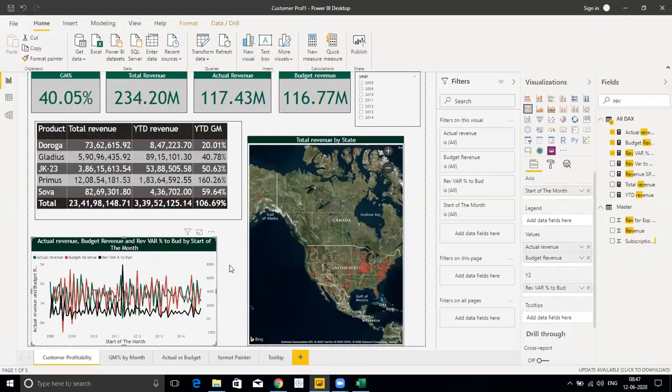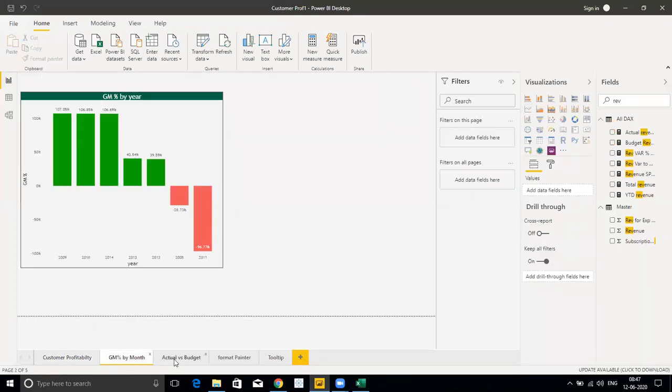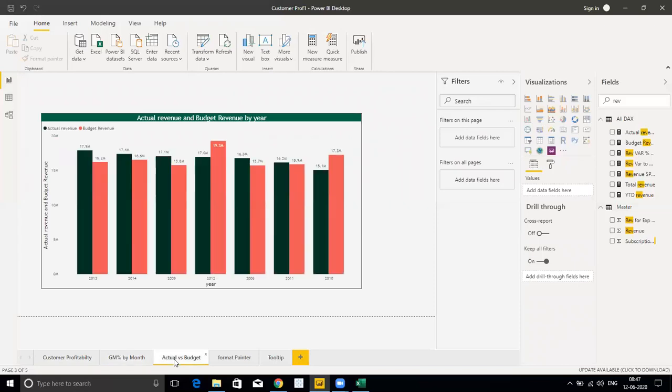Now tip number 3. As you can see, I have customer profitability and gross margin by month data on this page, actual versus target, actual versus budget options. You can see all the data is coming year-wise.